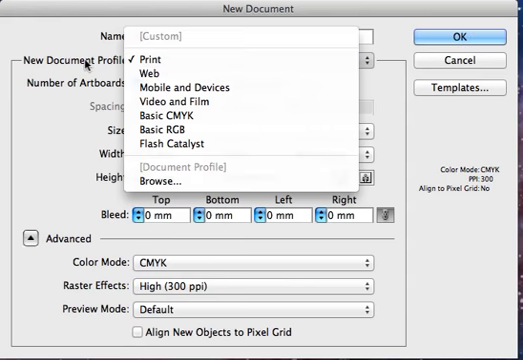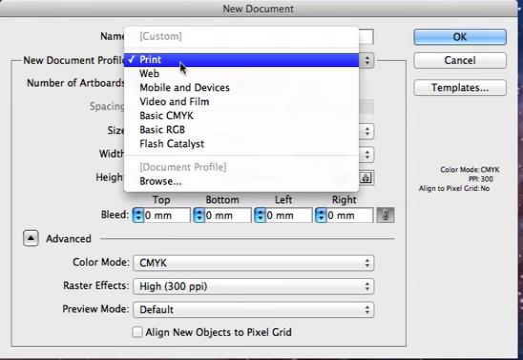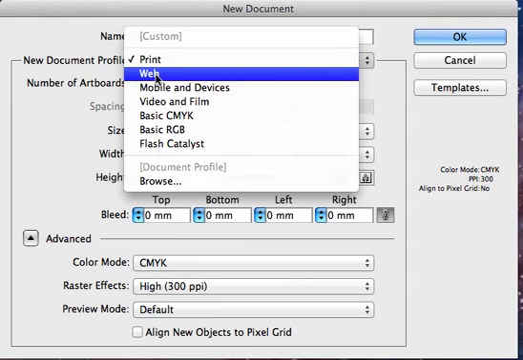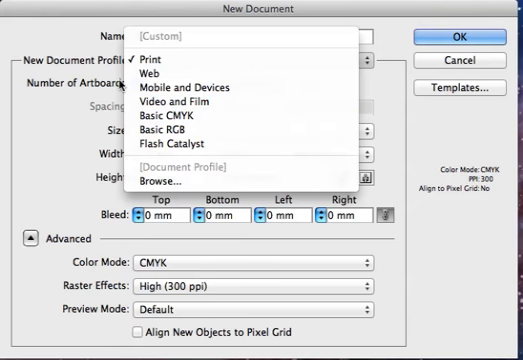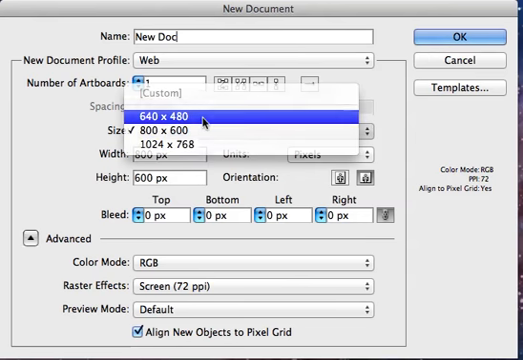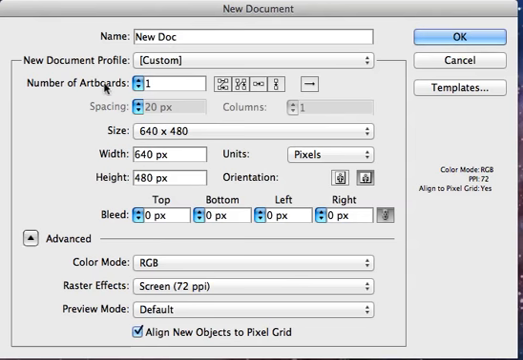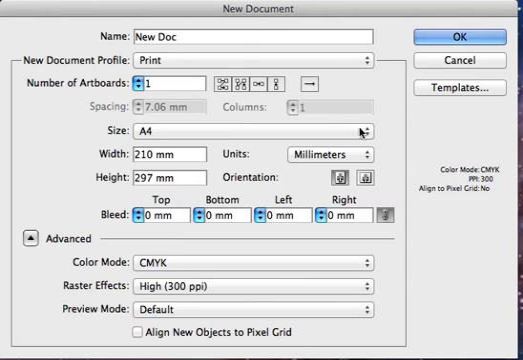Next, I can choose a document profile. Now these are just preset versions of all of these settings down here. We can leave it alone, or if we know that we're going to be working in a particular space, for example print or web, we can choose that here, and that's going to preset a lot of the settings that we've got down here. As soon as we go and change any of these settings, that's going to automatically jump into custom mode anyway. So I'm going to leave this on print for now, and we'll have a look at